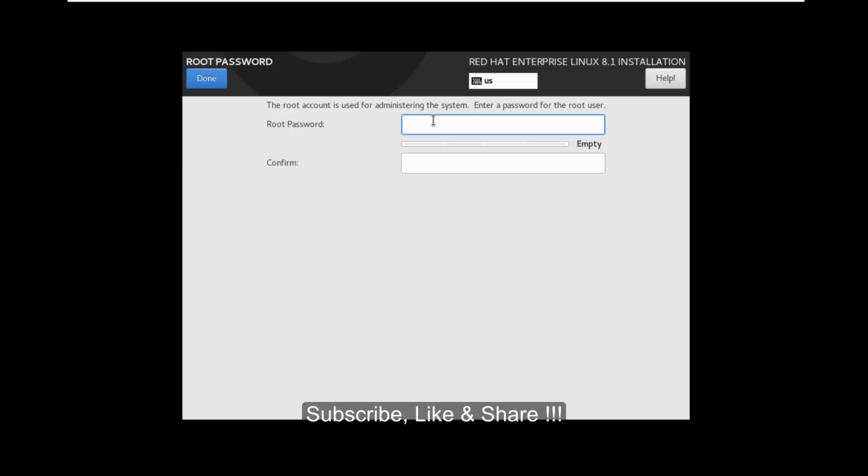Now we need to set a root password. Root is the admin of your Linux VM, that means the powerful user. For that user you need to set a password.